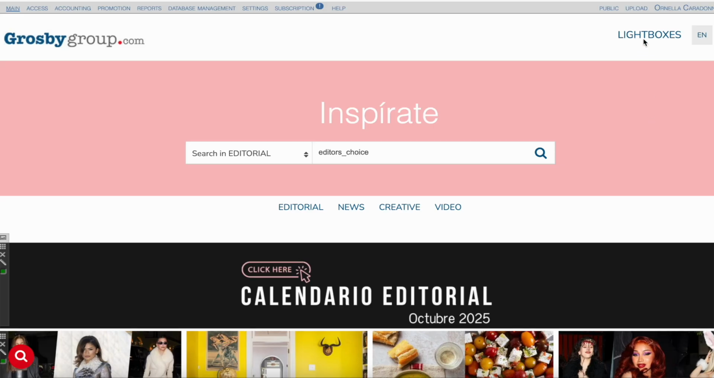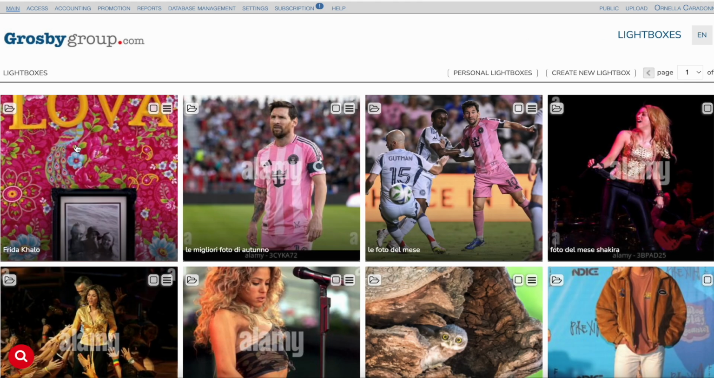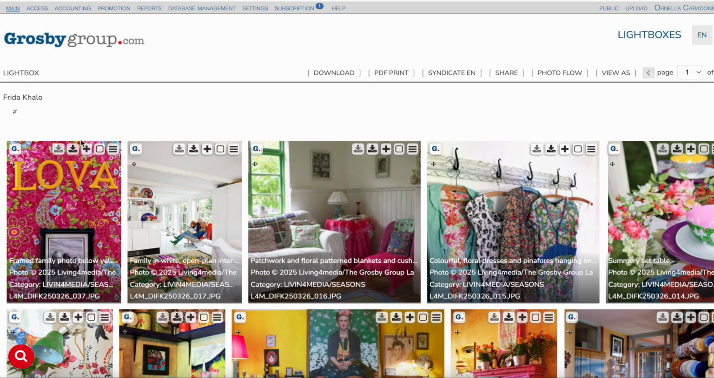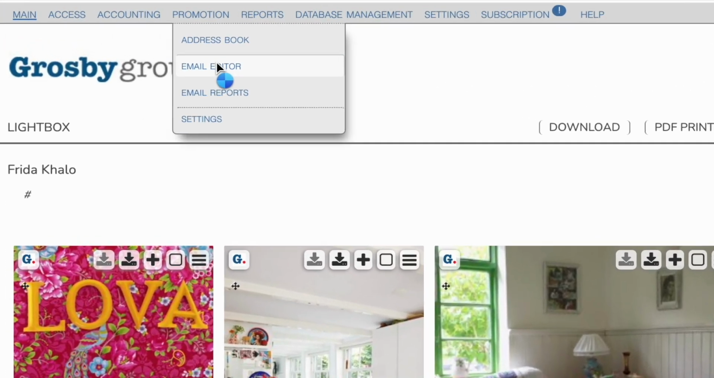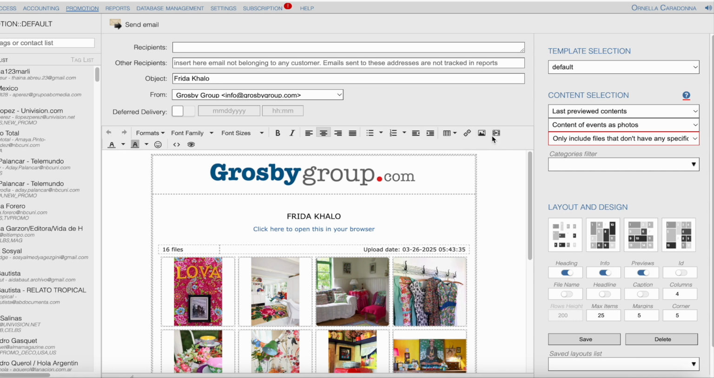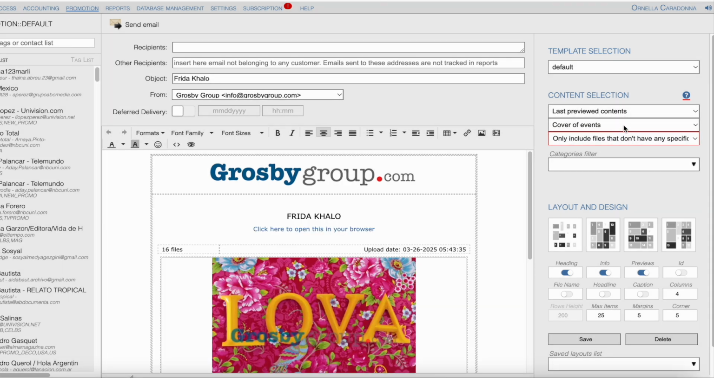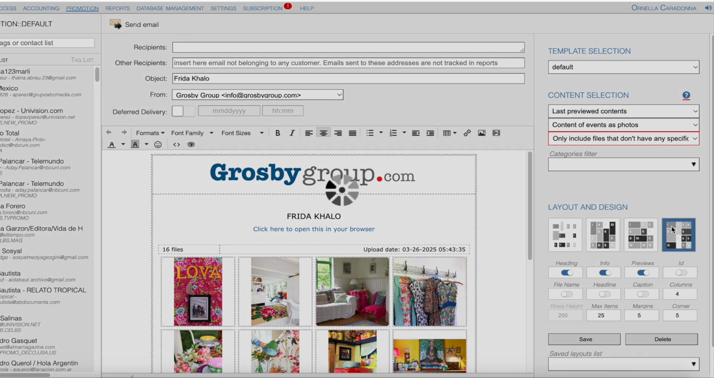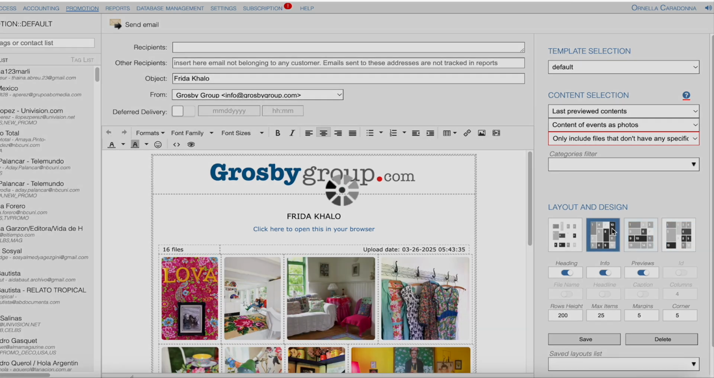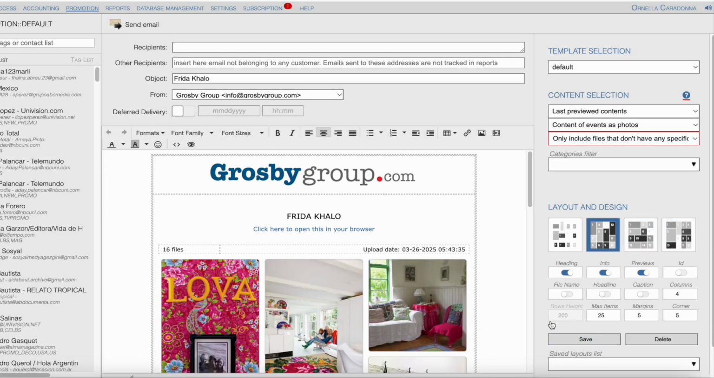First, I carefully select from the archive the specific image collections or videos that I want to promote. At this point, I access the promotion panel and the email editor, where I can review the presentation of the content. For example, by organizing the photos in a lightbox according to their respective services, or by displaying the covers of the services. From here, I can also personalize and customize the email layout and save templates to reuse them